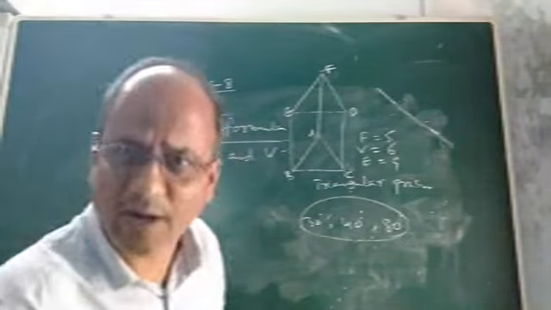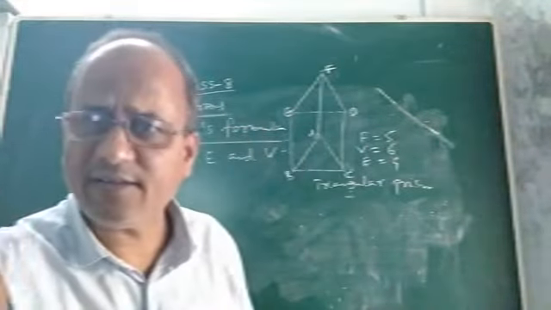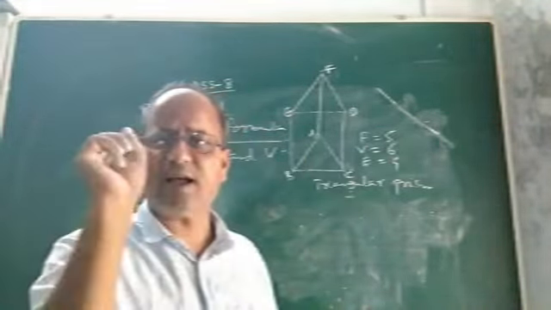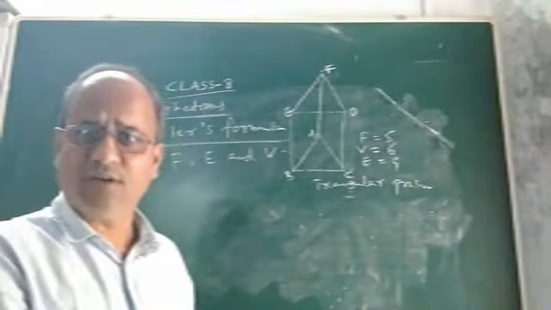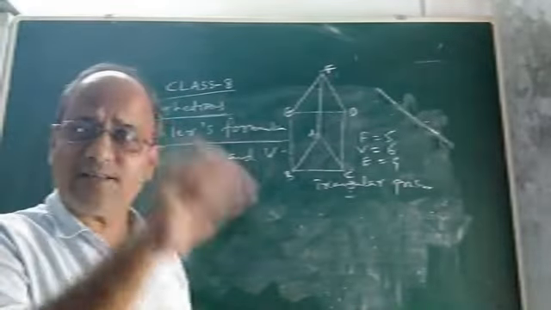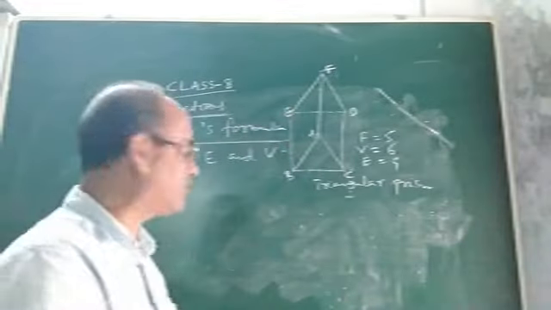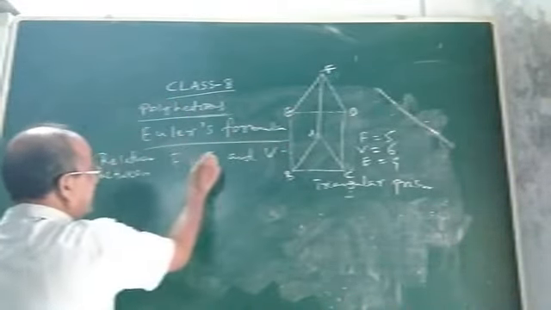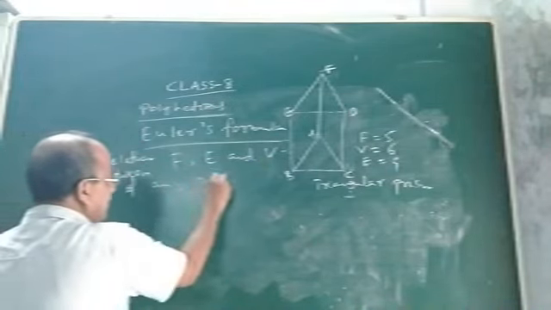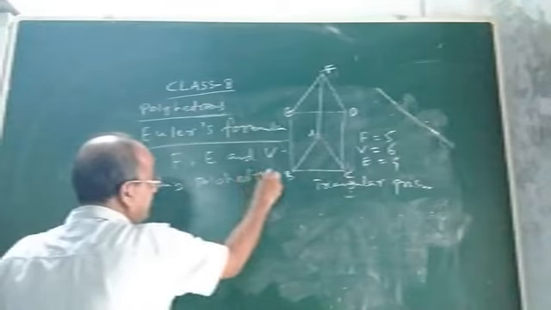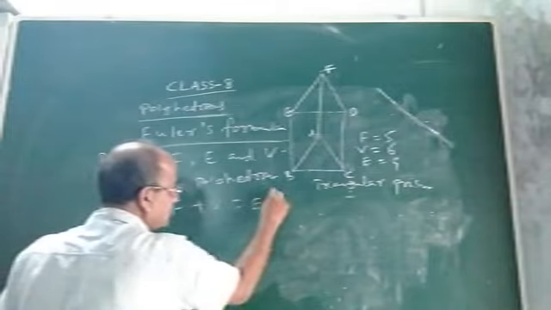Similar is the case with what Euler said. Euler derived the relation between faces, edges and vertices of a polyhedron. And he said any polyhedron must satisfy that relation. Otherwise, the polyhedron is not possible. So what is the relation? Let me discuss. The relation between face, edge and vertex of any polyhedron as suggested by Euler is F plus V equal to E plus 2. See the relation.